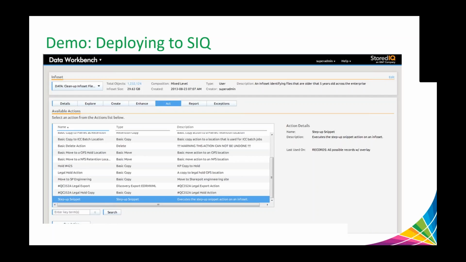The default decision plan matches the top 10 categories. Chris showed one, but the default plan that's used usually matches 10 categories. You need to run the step-up snippet after you've imported the model so it has something to run against. The step-up snippet is going to go through all those documents, compare that knowledge base and decision plan, and apply these values to each of the documents within that info set, which then allows us to do the next thing, which is really the key piece on the next slide,